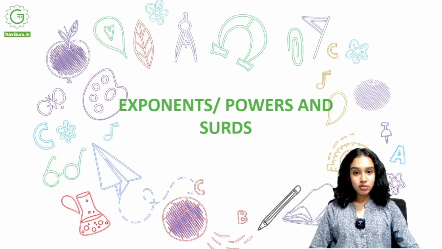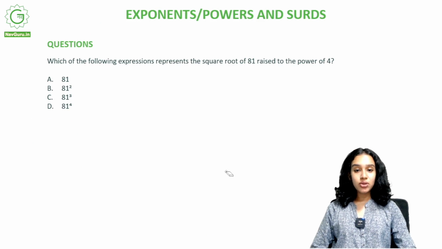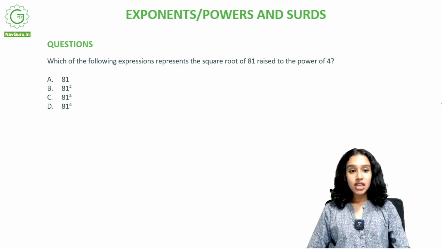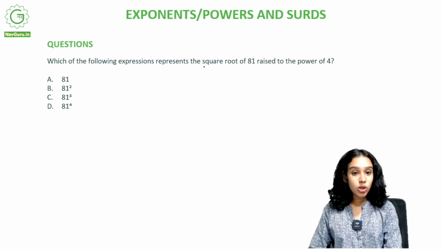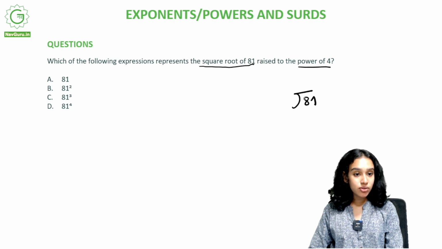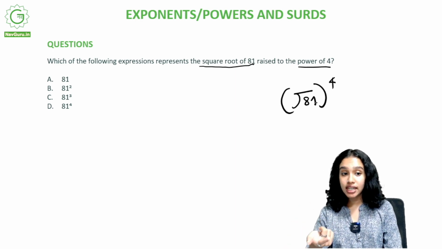Let's solve some problems from exponents, powers and surds. Which of the following expressions represents the square root of 81 raised to the power of 4? So let's see what is clearly written here. It says that the square root of 81 is raised to the power of 4, which means the square root of 81 whole raised to 4. So we could actually find the square root of 81, which is 9, and then raise